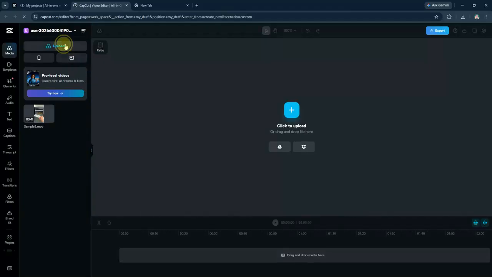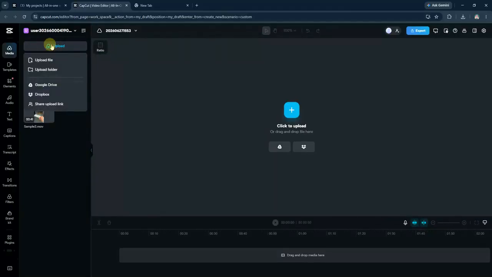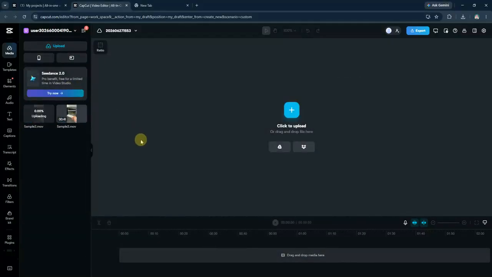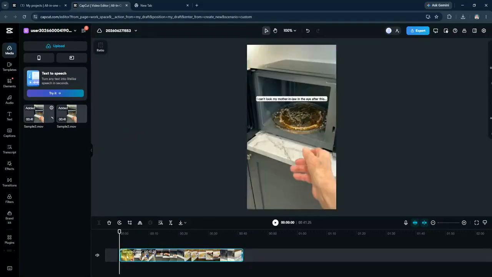You can begin by importing your media files. Look for the Import button on the left-hand side of the screen. Click it and select the files you want to work with from your computer. Once your files are loaded, drag them down to the timeline at the bottom of the screen where you can